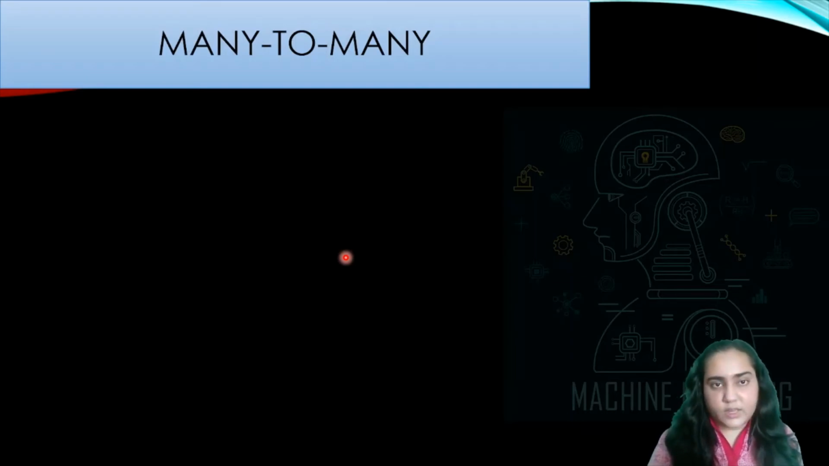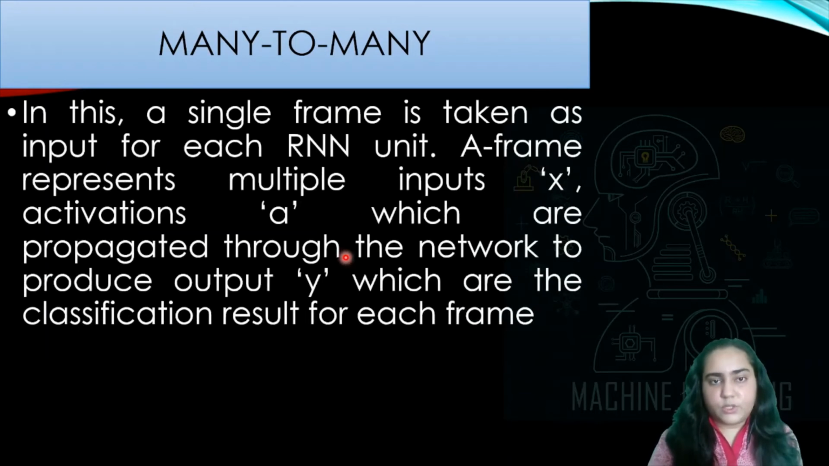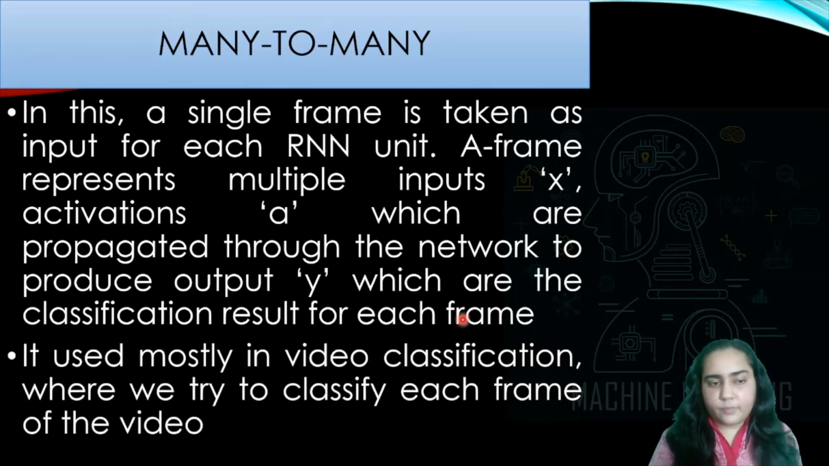The next one is a many-to-many type network, which is a single frame. In this, you have a single frame as an input for each RNN unit. And what does a frame represent? It represents multiple inputs X, activations A, which are all propagated through the network to produce an output Y, which are the classification result for each frame. And this kind of network is mostly used in video classification, where we try to classify each frame of